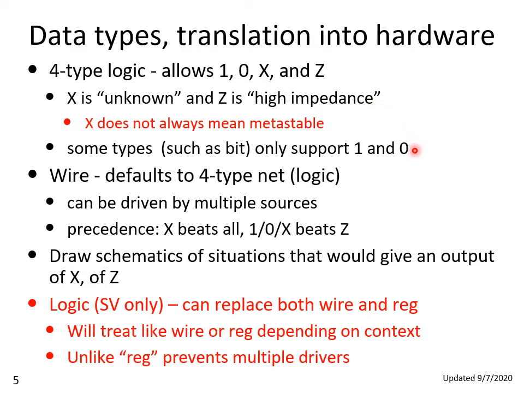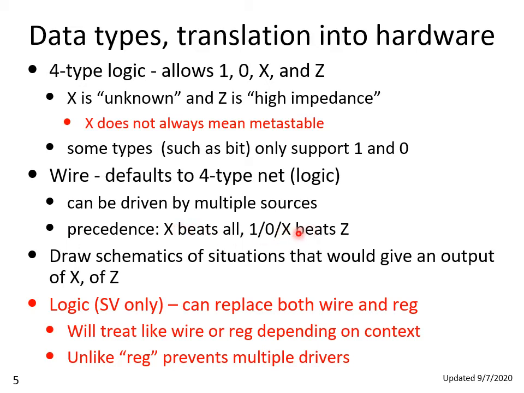There are data types in Verilog, such as the bit type, that only support 1 and 0, but that means that the code using such a type can't represent these situations we just talked about. Now, the default type, if we declare a wire or a reg type, is going to have this 4-valued type of logic. Now, in the case of a wire, it's possible to have the wire driven by multiple sources, provided that only one of those sources has a non-high impedance value at a time. So if you have multiple drivers of a wire,